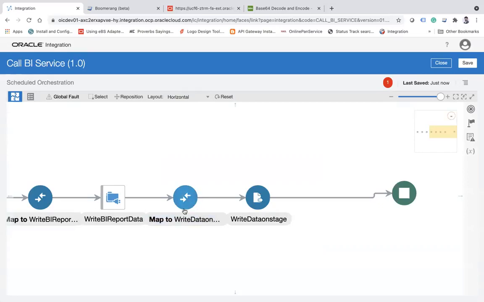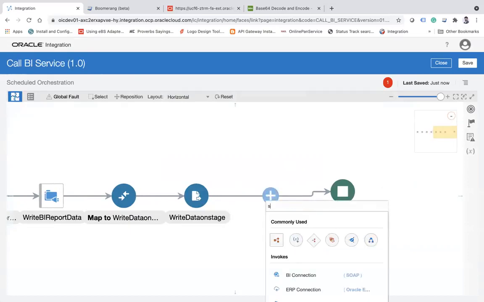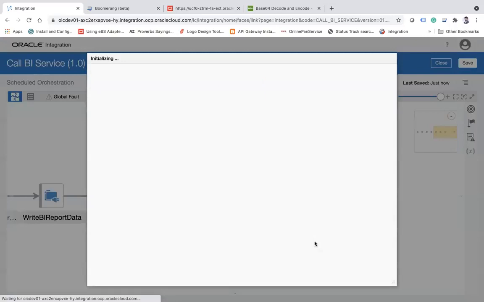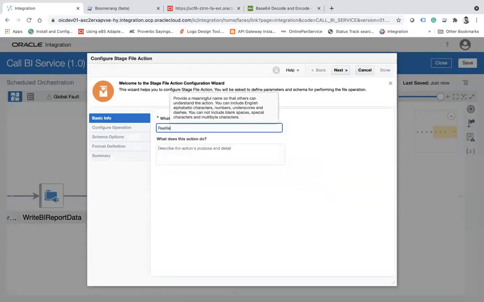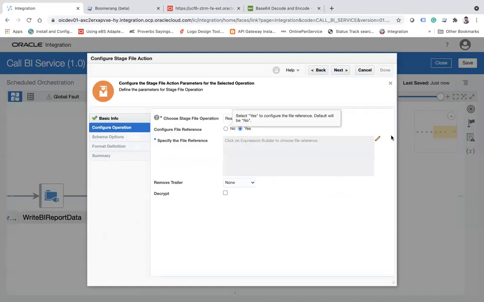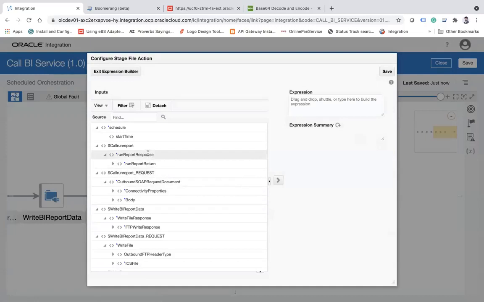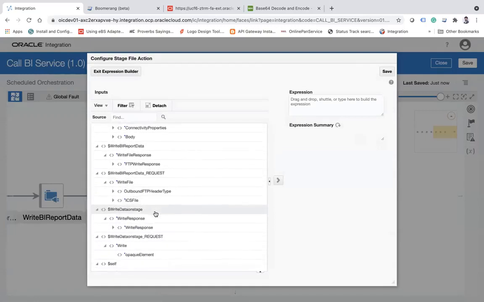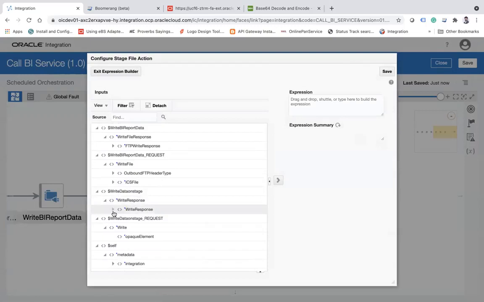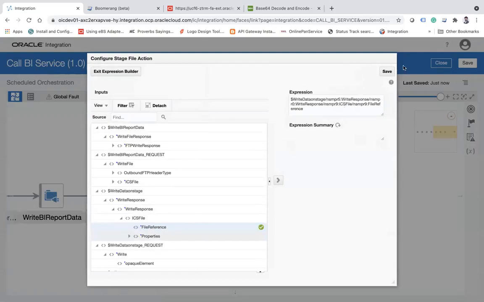Now the file will be written on my staging. Now I need to read that file which I have written. So for this, I am going to use the stage file action again, and here I'll say read file from stage. Next, and I will say read entire file. I can use the file reference, and the file reference will come from where? Write data on stage response. It will give me the file reference. File reference, save,